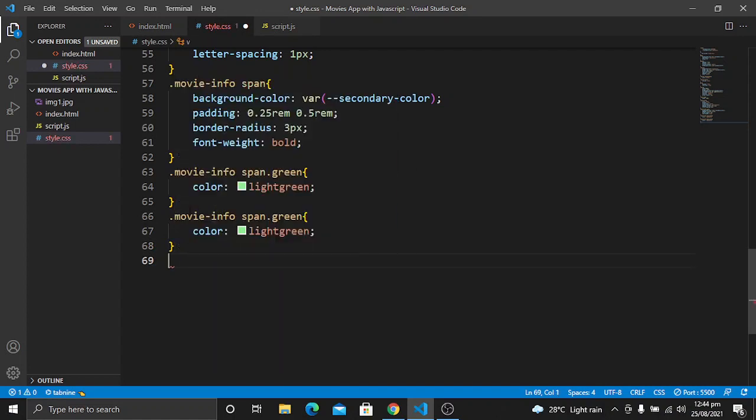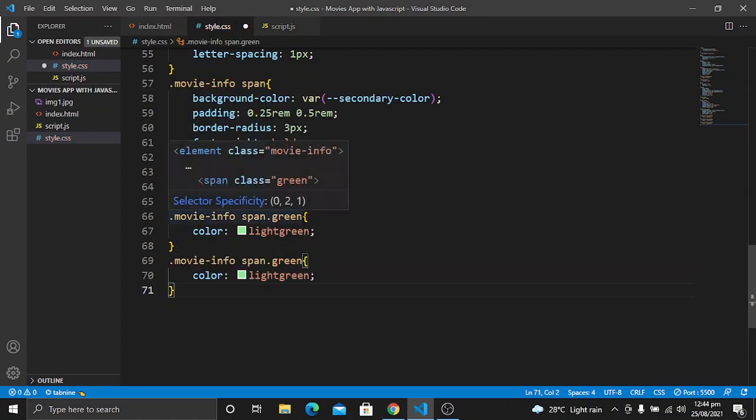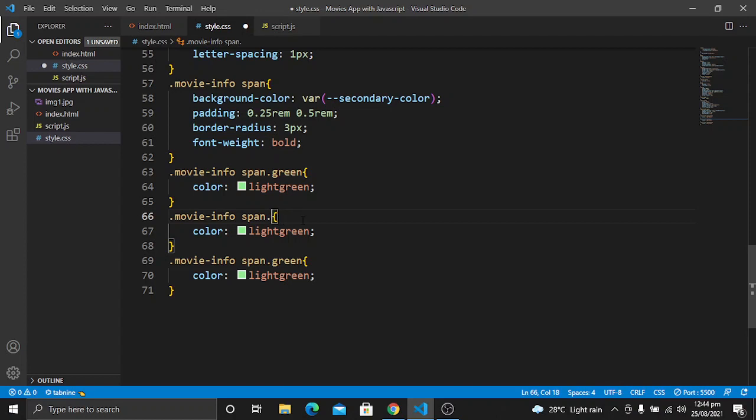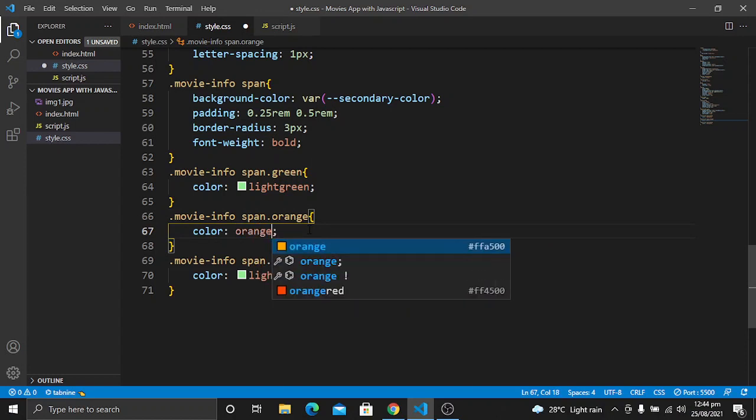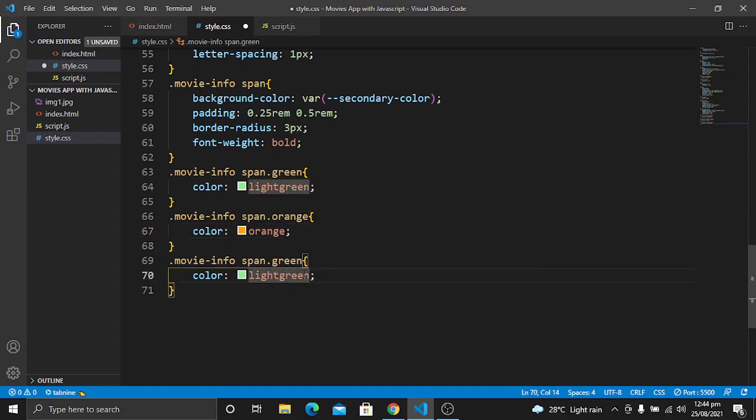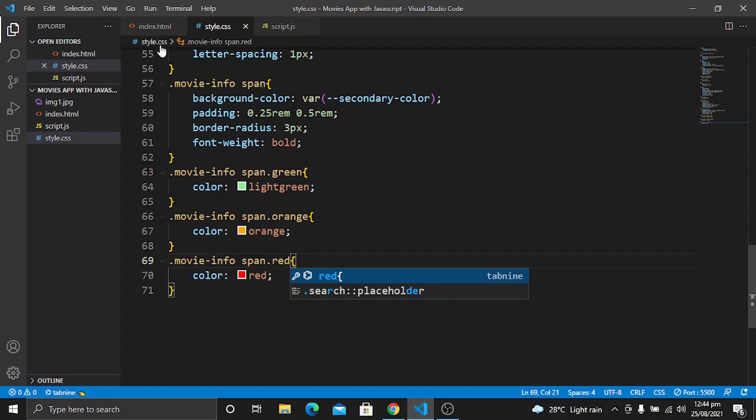One more time. And when it will have a class of orange, it will have a color of orange. And then for the red one, it will have a class of red. So now I will save it and go to my HTML file.